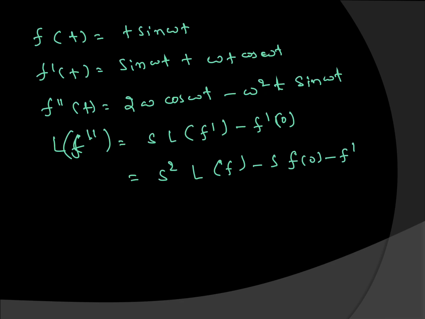So here this term is equal to this one. This term is 0, here also this is 0. So s square,